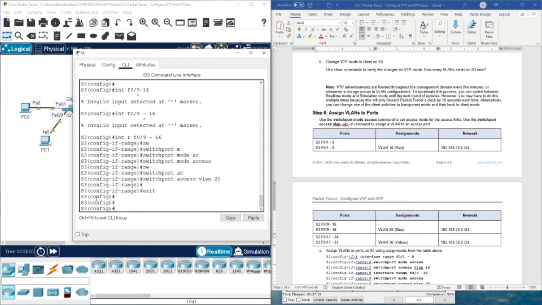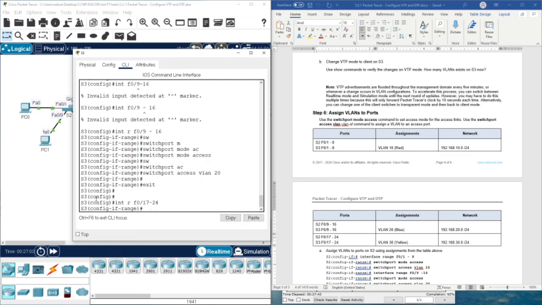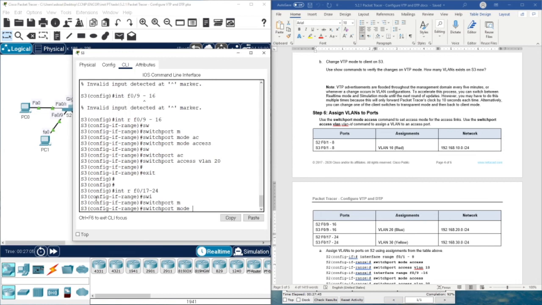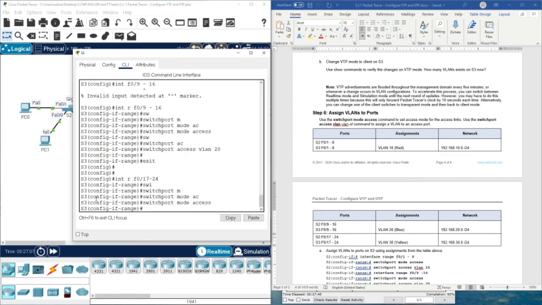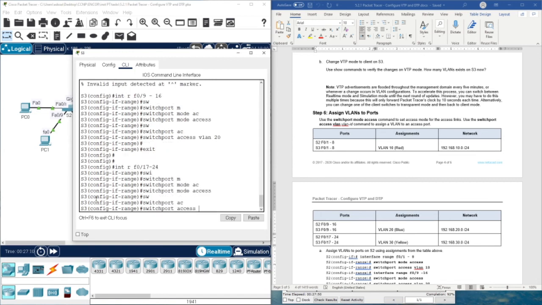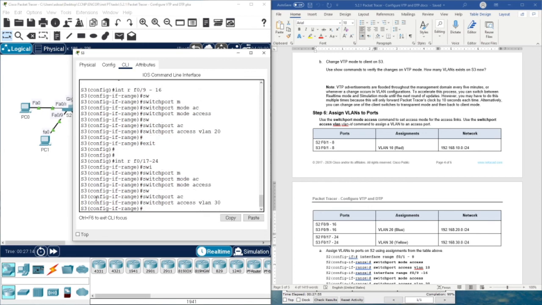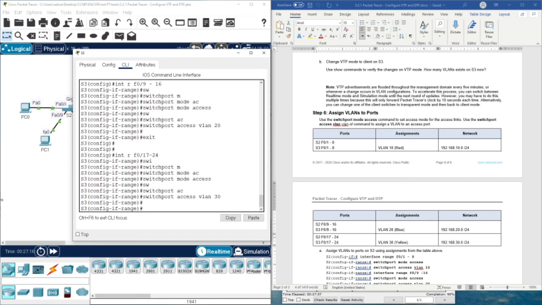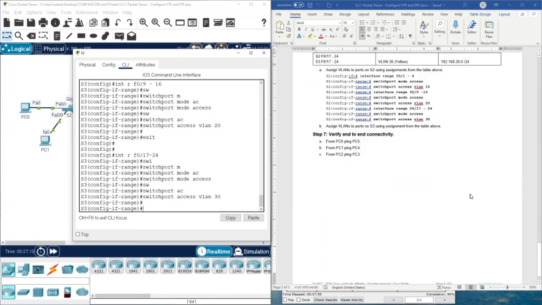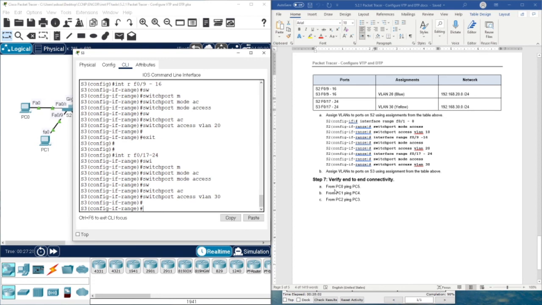And here finally we have also interface range FastEthernet from 17 to 24. Switchport mode access. Okay, so we have done with this, and now we need to check the ping connectivity between PC0 and PC1,